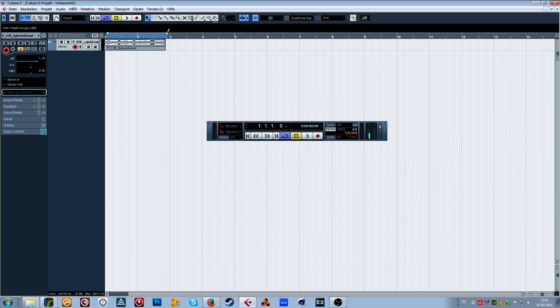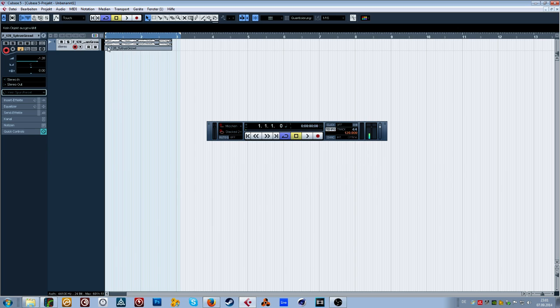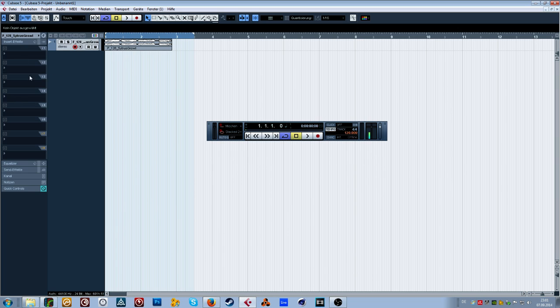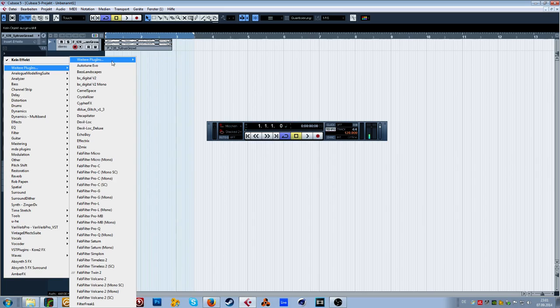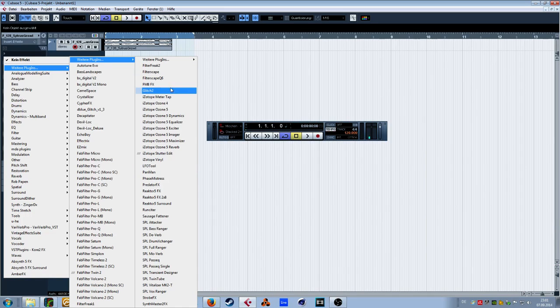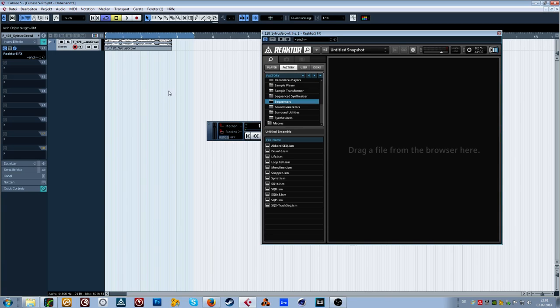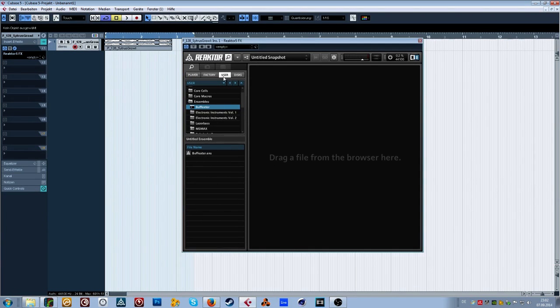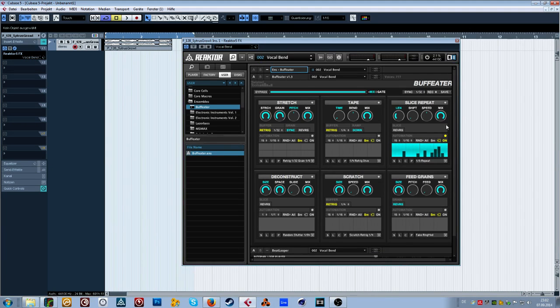So now I have the loop here, and this will explain why I was only working with samples of bass sounds earlier, because I resampled them like this, and then we put the Reactor 5 effect on this. And here we have a nice effect plugin called Buff Eater, made by the beautiful company called Twisted Tools. And